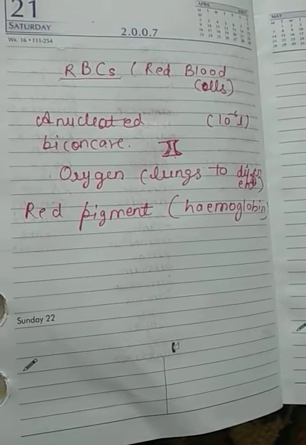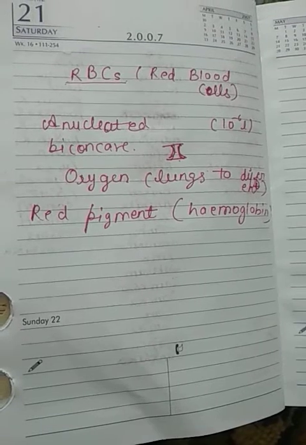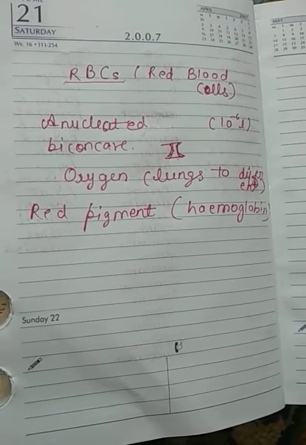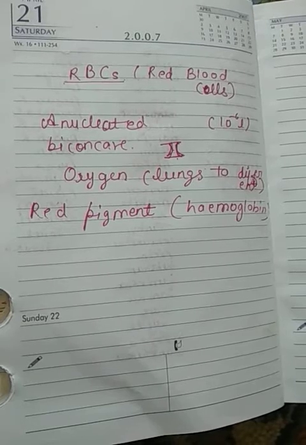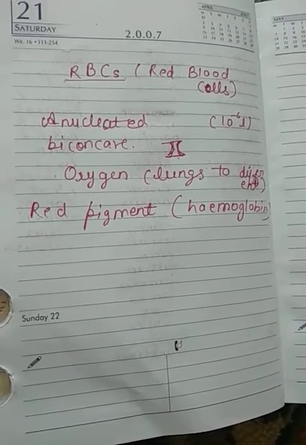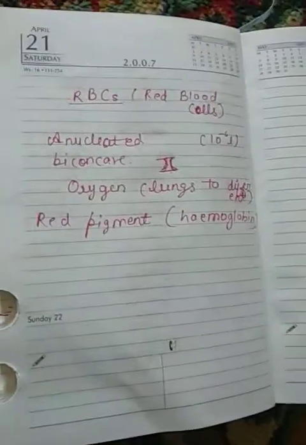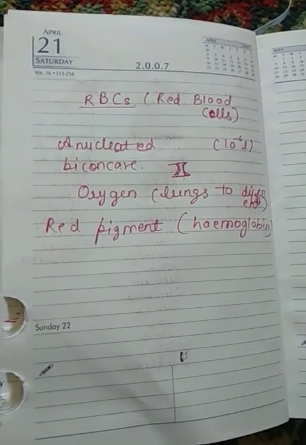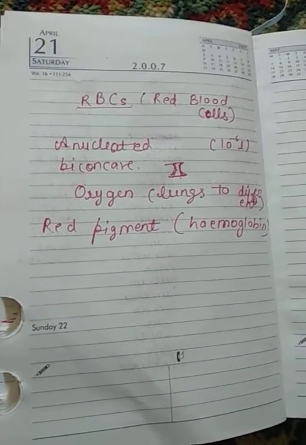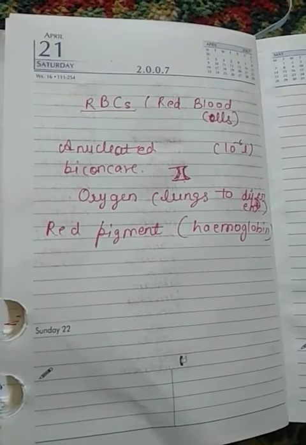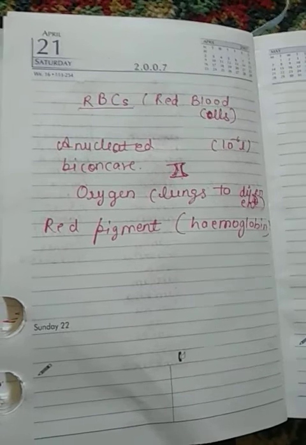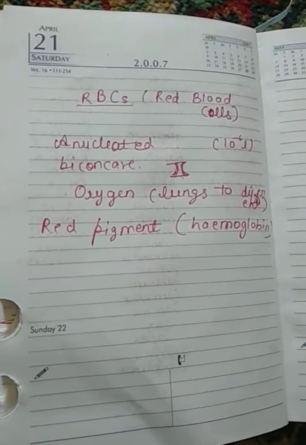Due to the small size of red blood cells, it becomes easy for them to travel in extremely thin capillaries. If you look at the blood vessels, there are tubes through which the blood flows. For blood to travel through such thin tubes, it is important that cells are also very small. Since these RBCs are very small, they can easily travel through the thin tube capillaries.